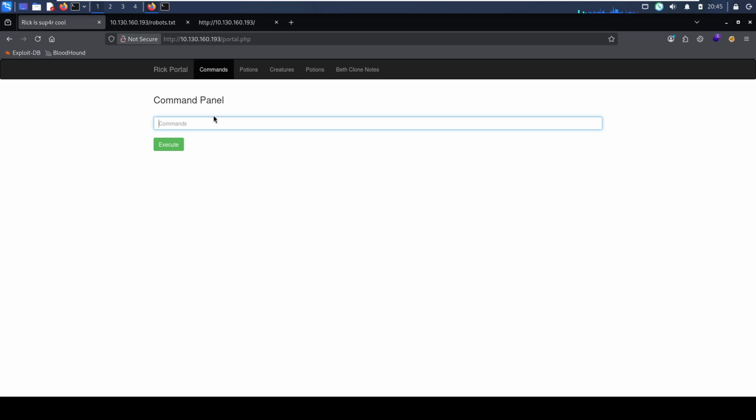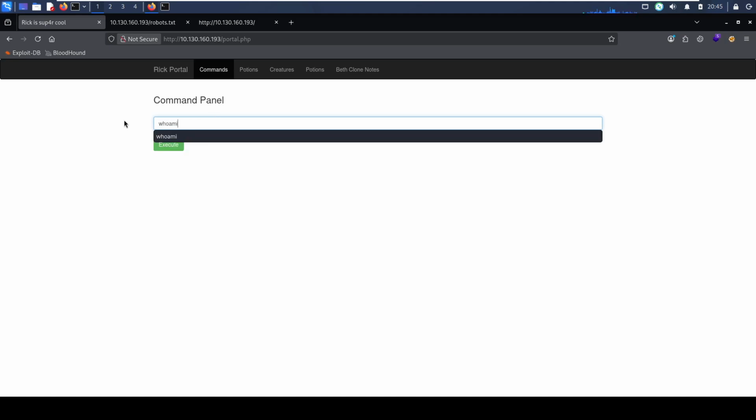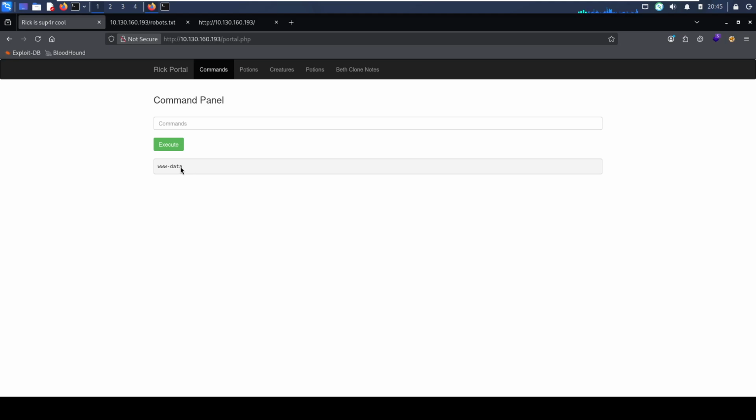Just to test that theory, we can do a whoami, and it gives us www-data. So yeah, it does look like it is running real commands. Just test out what that is. Yeah, so that does look like a real shell interacting. So from here,